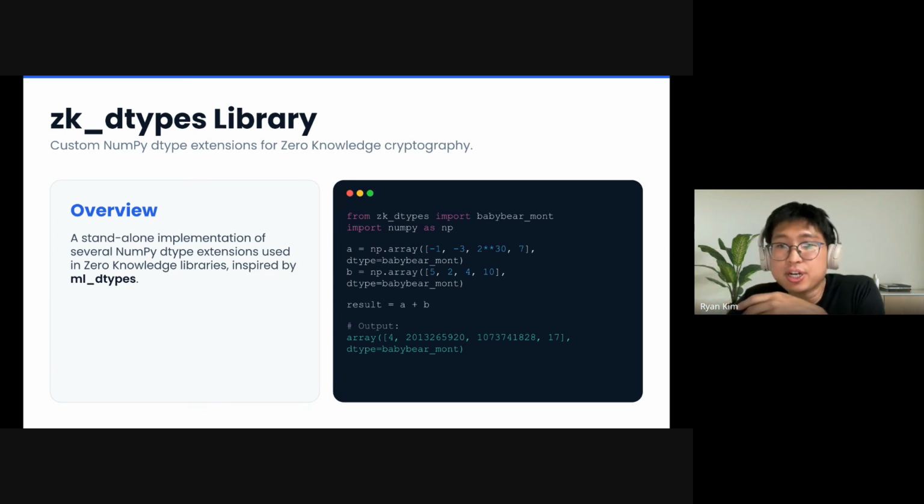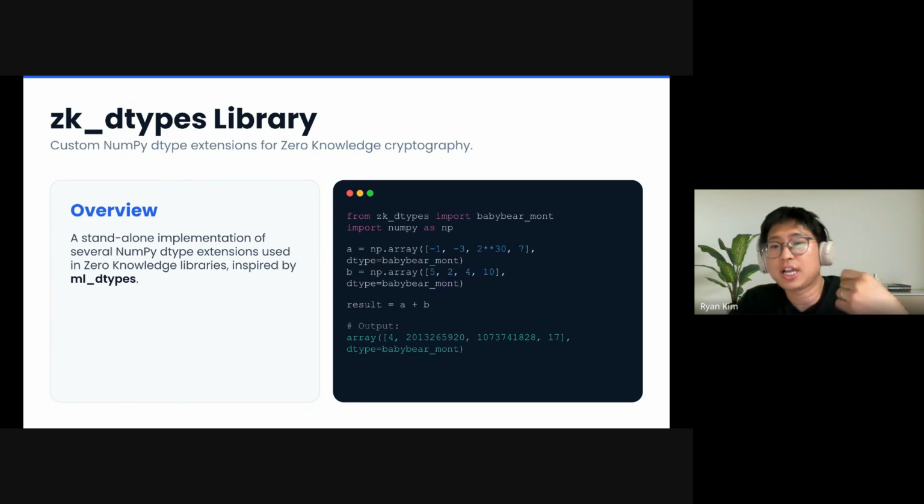And this is the shared vocabulary across the whole stack. JAX uses it in the jaxpr, StableHLO uses it on tensor dtypes, ZKX uses it inside the graph, MLIR uses it at the dialect level: one dtype at every layer. So unlike the other libraries, ZK dtypes doesn't lower into the next thing. It sits underneath all of them. And because it's standalone, anyone outside our compiler can still use it too.